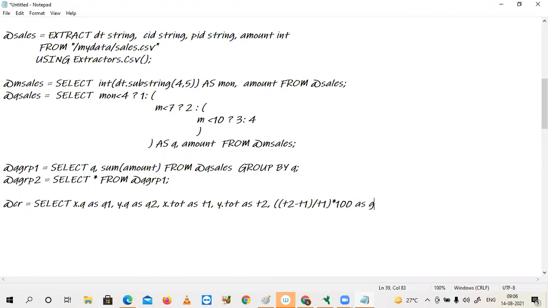Sir, one doubt, sir. At the rate Q group 1, from at the rate Q sales, M sales, sir. Because Q is not there in M sales. In M sales, only month is there. Based on that month, you transform it as quarter number in the second phase. Okay? Fine. From left side table, at the rate Q, Q group 1.